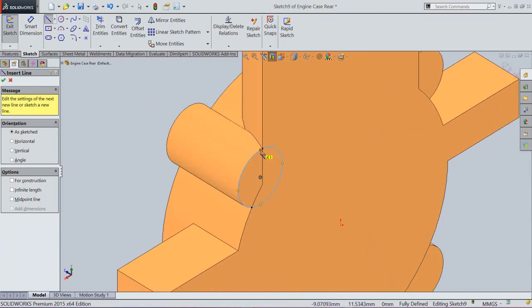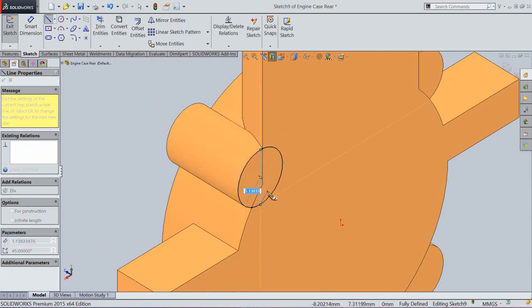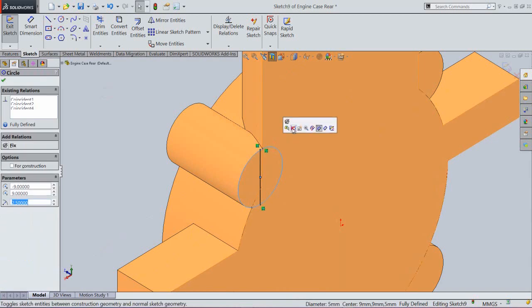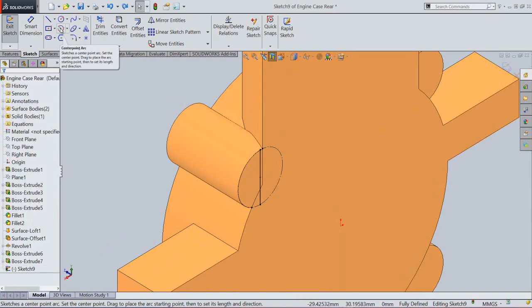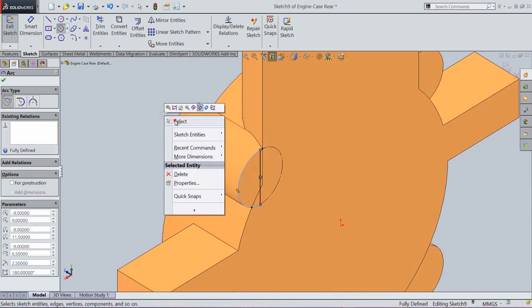Create a vertical line on this circle. Create an arc on these endpoints. Click OK.